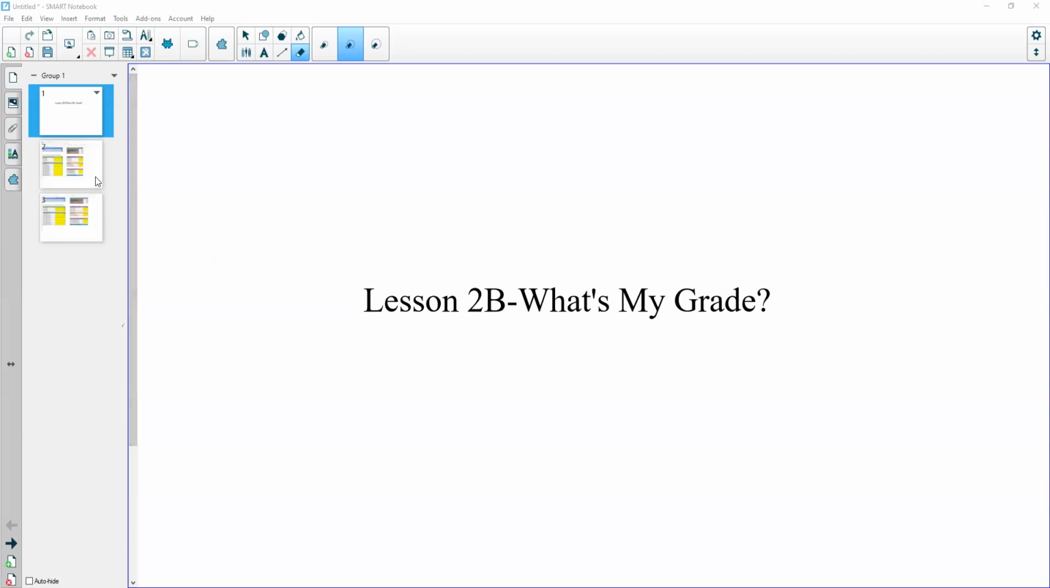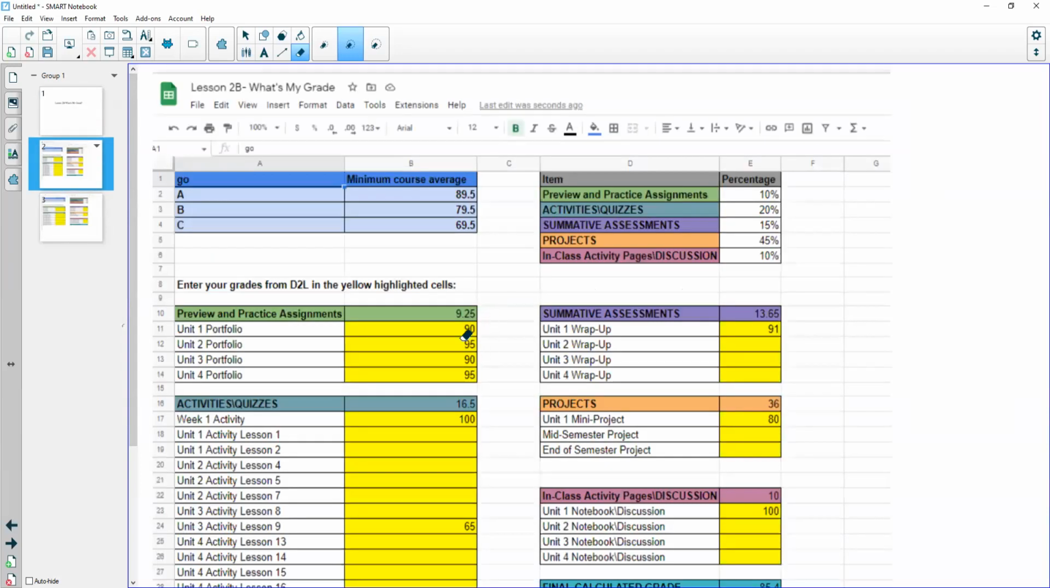Oftentimes when you're taking a course, you wonder, hey, what's my grade going to be? Well, we have a spreadsheet for you that's located in the D2L course shell that will help you out with this. If you're reading from the top left of the page and down, we see this group here that says